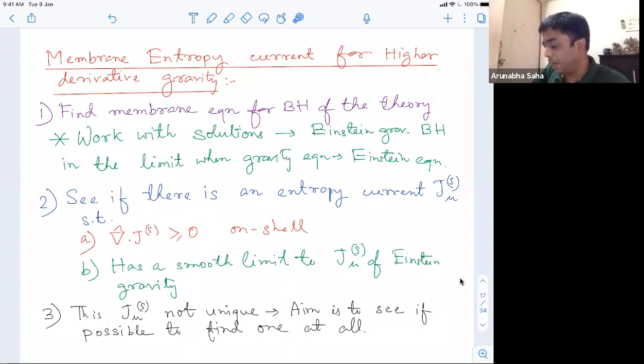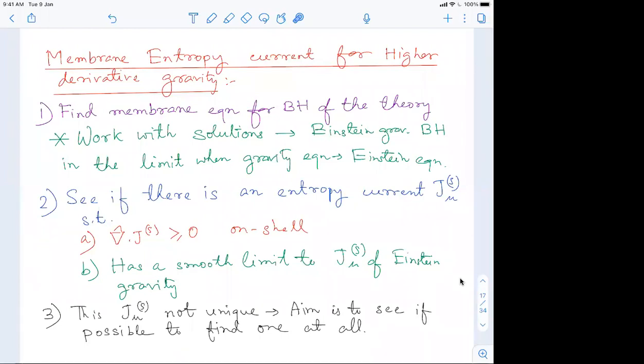And obviously, as most people know, this current is by no means unique. For example, one can always add a quantity to this current whose divergence is 0. It won't affect the result. But the point is to see if it is at all possible to find one current for any arbitrary membrane configuration. So Arunabha,